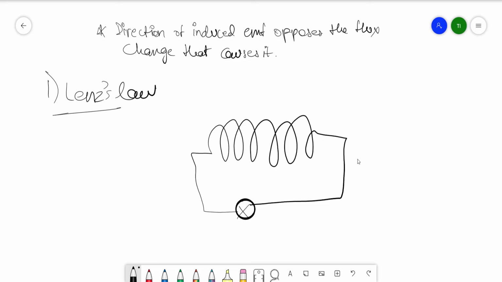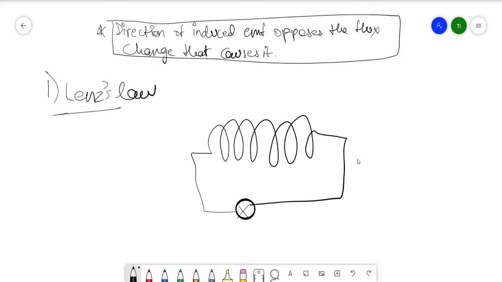I just wrote this because not everyone will have it in mind, so this is just here for you to refer to. What this basically means is that if there's an EMF induced in a coil or anywhere, the direction of the EMF will be opposite to the flux change that causes it. What do I mean by this? Most of you will also be aware, if you have watched the first part of electromagnetism, that the right-hand grip rule can be applied for coils as well. When there's a current carrying coil, your fingers that curl around give the direction of the current,